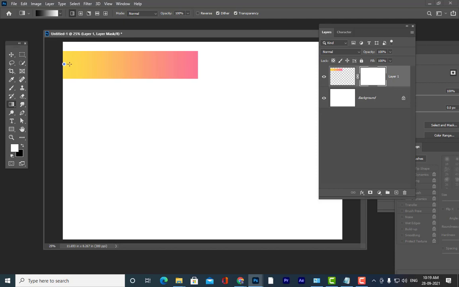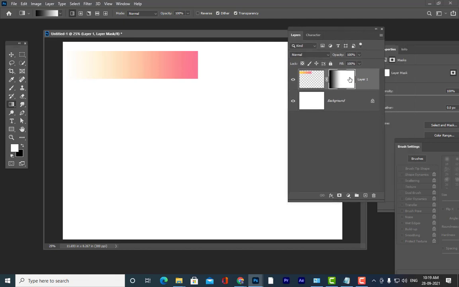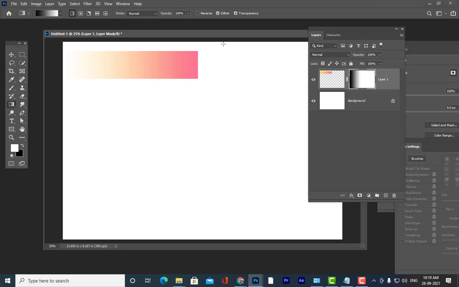So now see here, I am going to use a linear gradient and then simply drag from left corner to right corner like this. You can see some nice interesting fade out effect. Can you see how it got faded out? Why did it get faded out like this? Because you can just observe the mask thumbnail here. On the left side we have black color, on the right side we have white color. So wherever there is black, that part is becoming transparent, and wherever there are gray areas, that part is becoming semi transparent. And wherever there is complete white, that part is fully visible. Understand this, everyone.